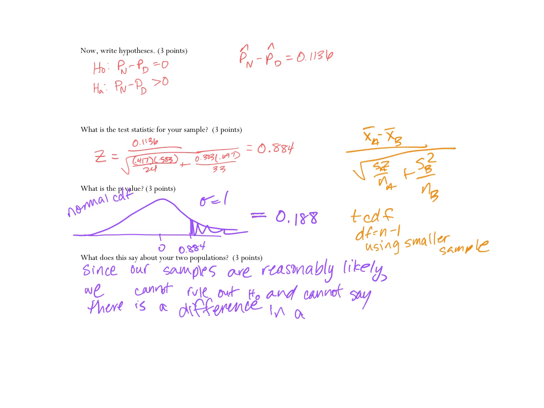And then I'm just going to add a little bit more context, because context is the whole point of this. Difference in accuracy between dominant and non-dominant hands. Now, the goal of this project in my head is that you guys are practicing both of these skills, tests and intervals. However, a way you can check yourself on your work is they should both come to the same conclusion, as either there is a difference or there is not a difference. Okay, so like I knew that this was going to be a high p-value the minute